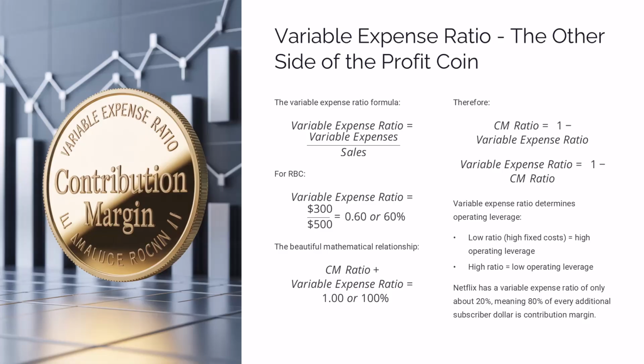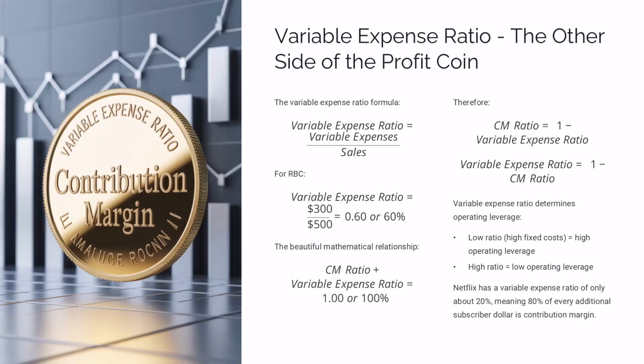This matters when you're comparing different business opportunities in your career. Variable expense ratio tells you everything about the business model. Consulting firms like McKinsey have maybe 20% variable expense ratio because their main cost is consultant time, which is mostly fixed, while manufacturing companies like Tesla have 75% variable expense ratio because of materials and production costs.